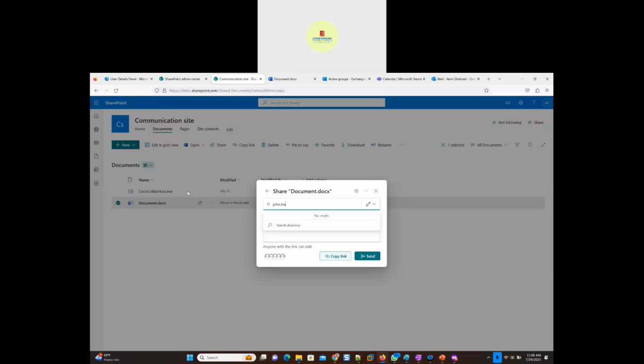That's why he's able to. We can see his user account. This is his Active Directory user account. But John Travolta's account was never created in Azure Active Directory. That's why his name would not be appearing to be given access to any of the resources in our cloud,